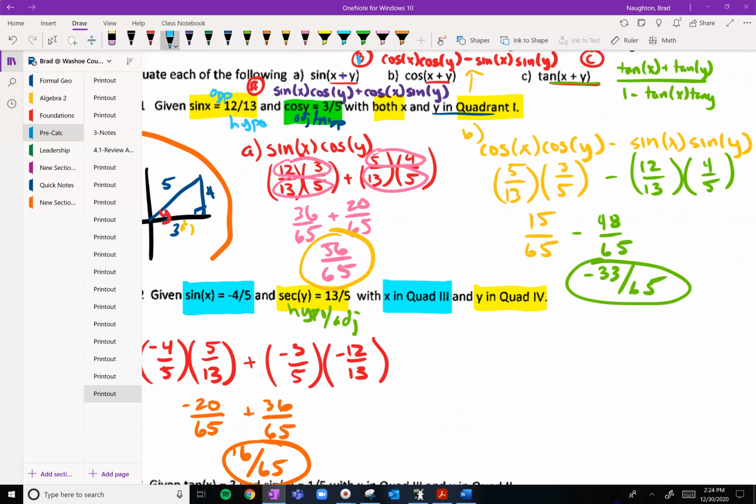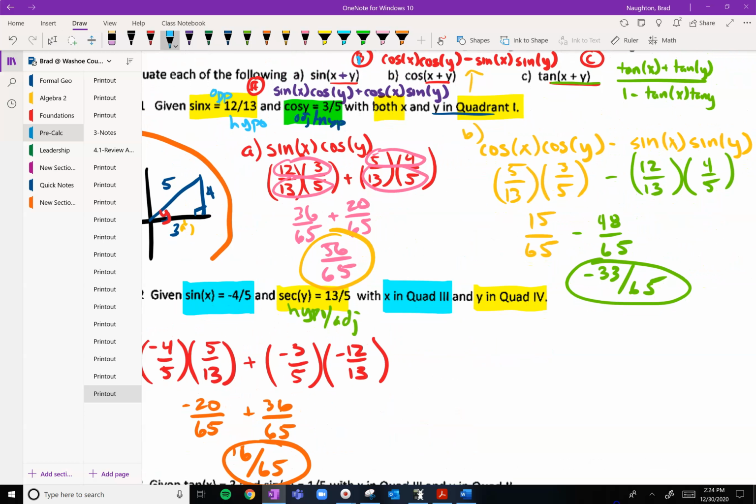And then minus, then the sine of x, which is going to be negative 4/5. And then the sine of y, which is going to be negative 12/13. So let's multiply across. I'm going to get negative